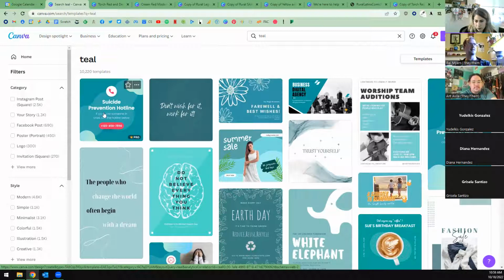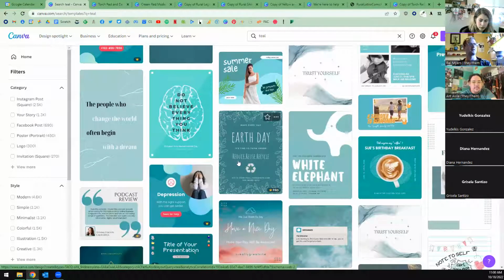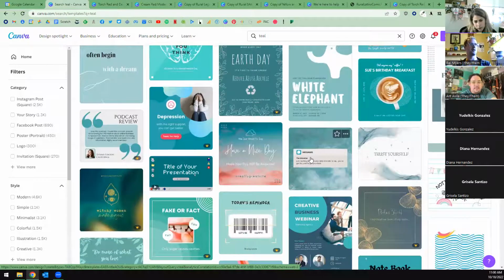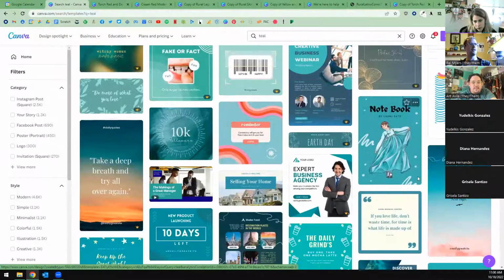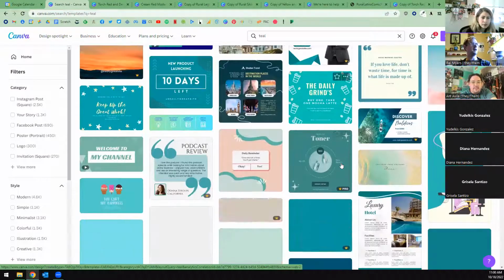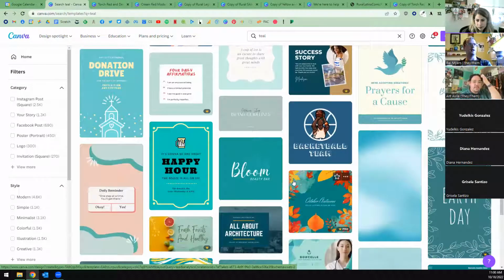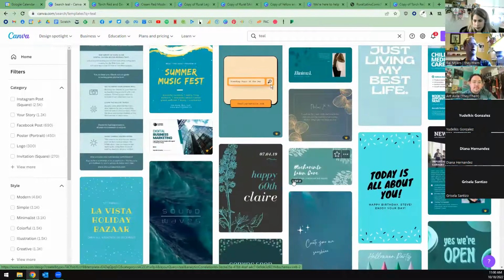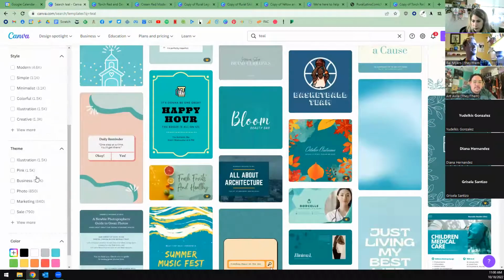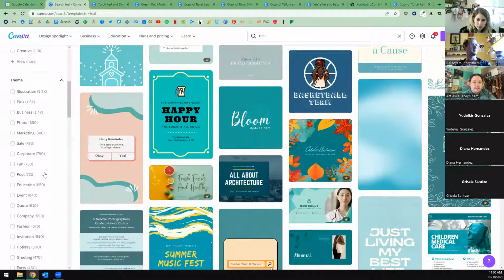Find some templates like this, this could be something that would definitely be usable if you need it. It's suicide prevention, but you could use that. This one is Earth Day, but this is still a pretty generic looking design. Some of these ones with clouds, things like that. Not that one, not him. But so you can see, you can look by color, you can look by all kinds of themes, and then of course there are these predetermined styles down here, so you can also pull up themes. And